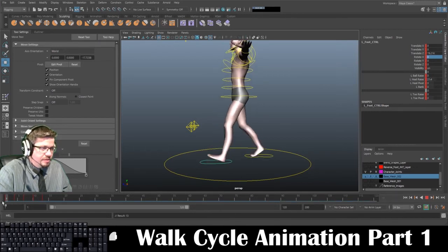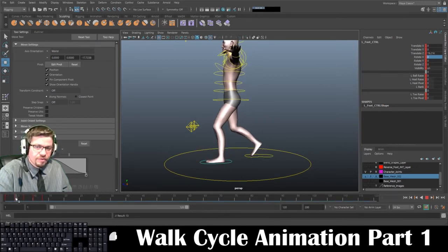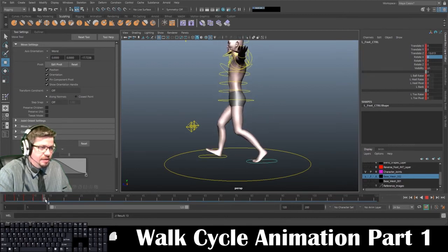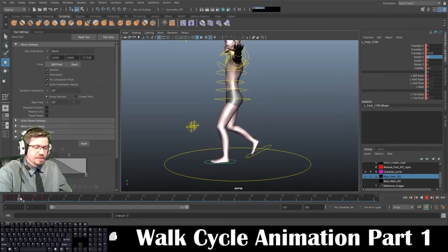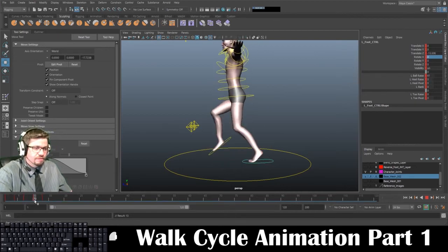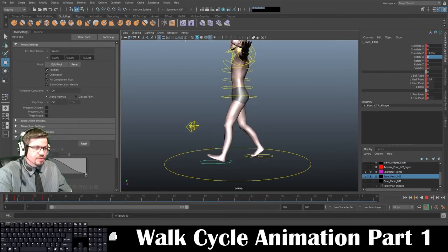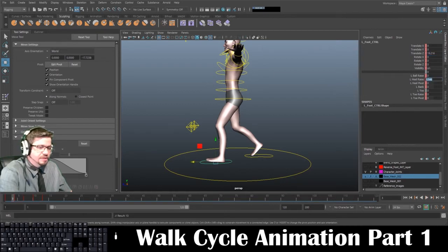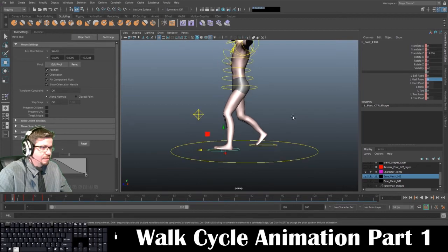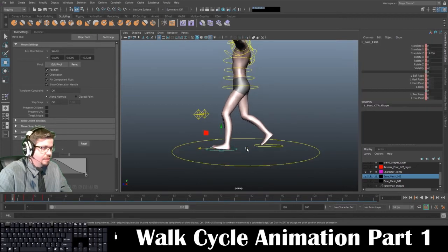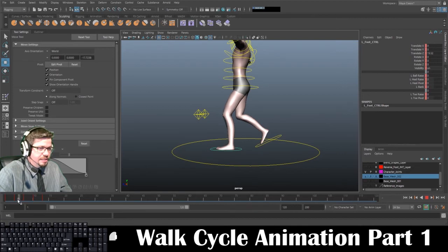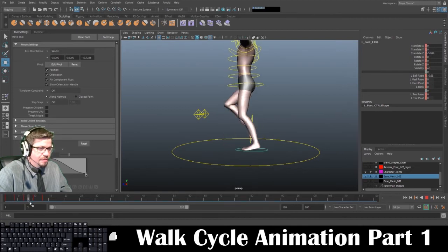And if I take a look at this really quickly, I've got frame 1, frame 4, frame 7, frame 10, frame 13, and I've just completed the first 1, 2, 3, 4, 5 poses I need. So contact, down, make sure this is at 0. Oh, there we go. I was on the wrong frame. And then contact, down, passing position, up,